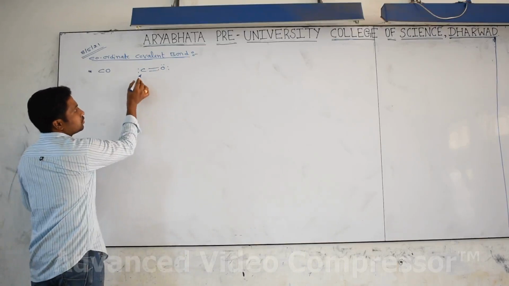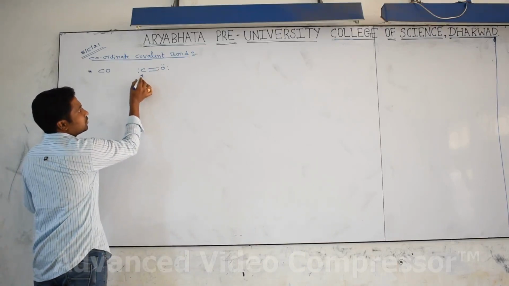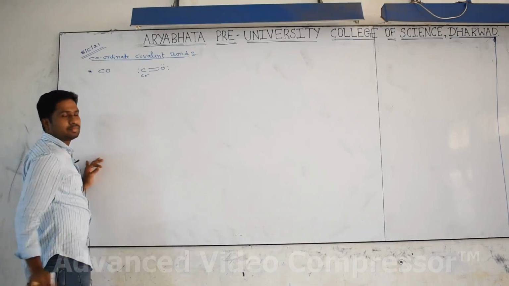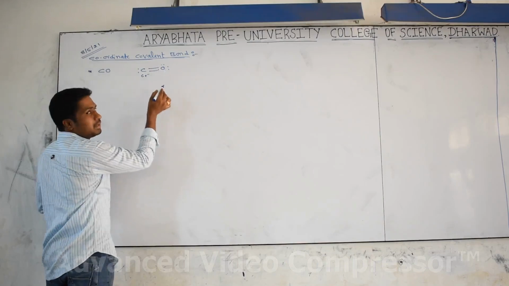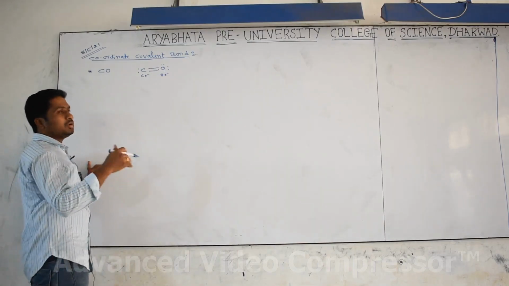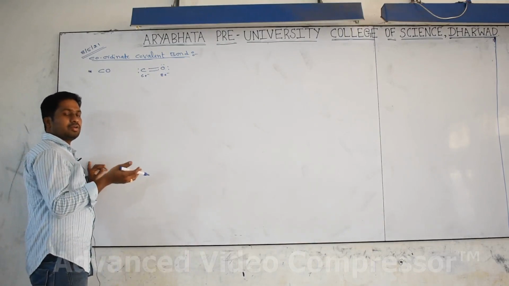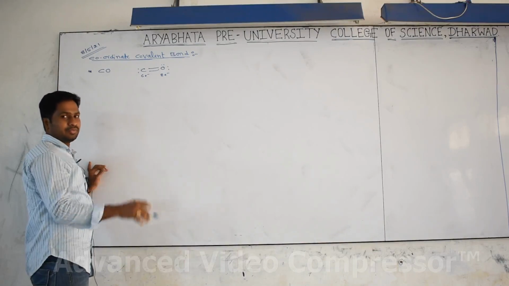After formation of the 2 covalent bonds, carbon has 1 lone pair and 2 bond pairs, together 6 electrons. And oxygen has 2 bond pairs and 2 lone pairs, so 4 twos are 8 electrons. Oxygen already has a stable octet configuration, but carbon has a shortage of 2 electrons for an octet.